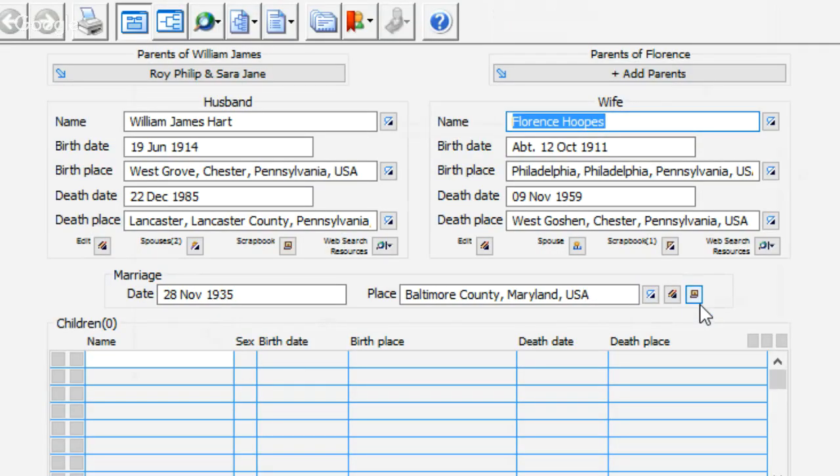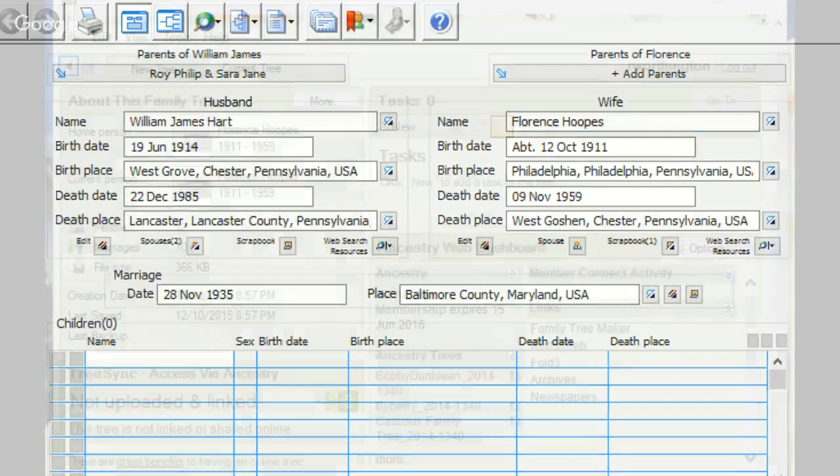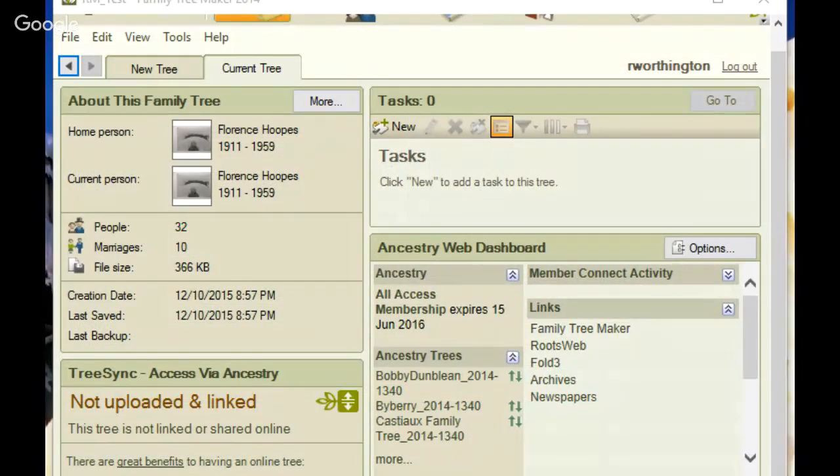That is version 16: Help, About, and Tools, Compact File. Very simple. Those are very important steps when you're going to leave Family Tree Maker and make your transition to a different version. Okay, let's go to Family Tree Maker version